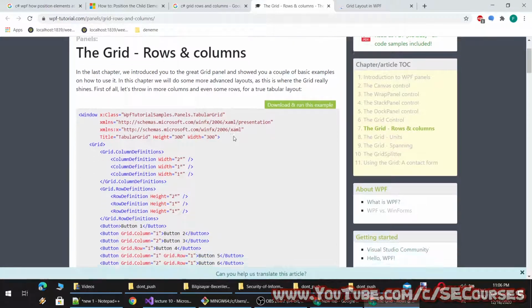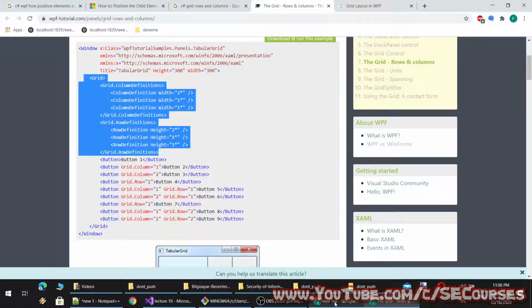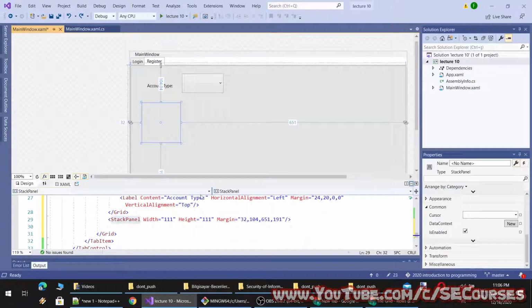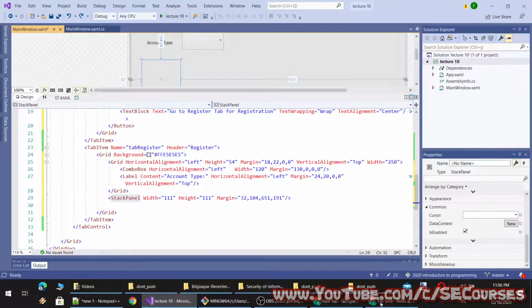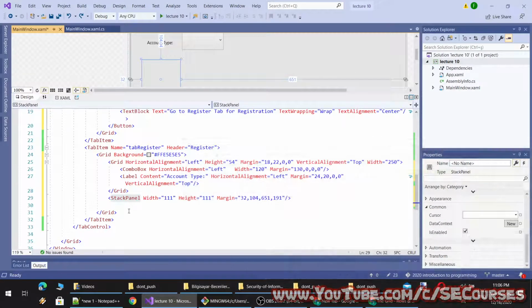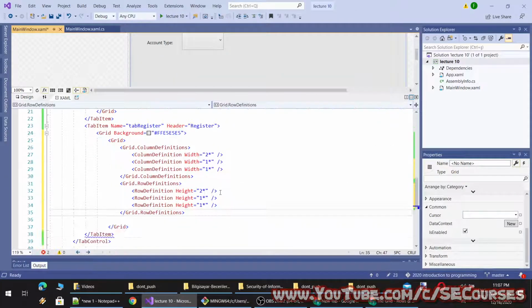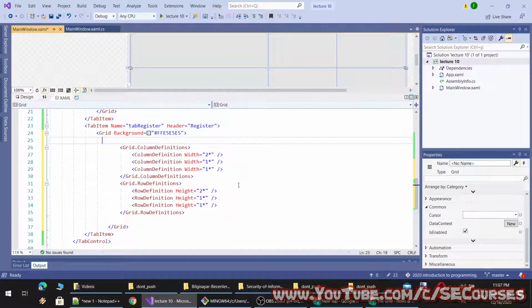Okay, I think I have found something related to this. So there is grid column definitions and grid row definitions, and there are, oh, I see. So this is how we do it. Okay, let's make this way so we will learn how to make it. So we define a grid, and inside the grid, I'm deleting this, we give row and column definitions.